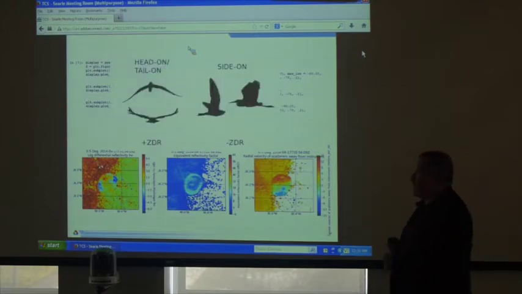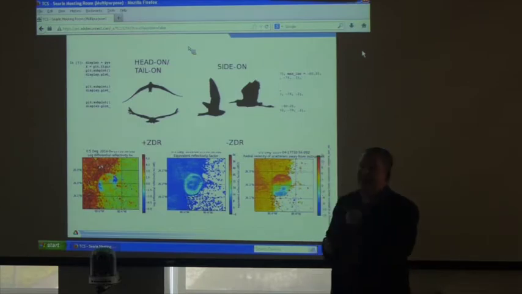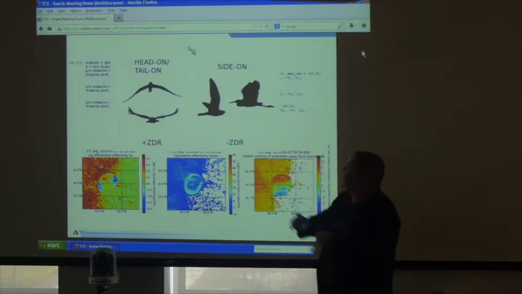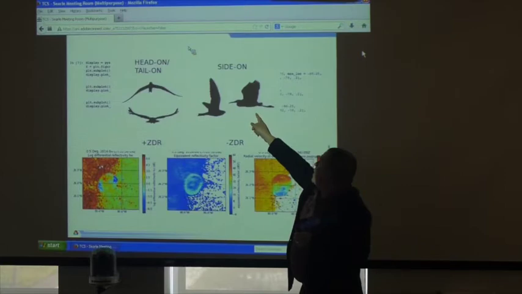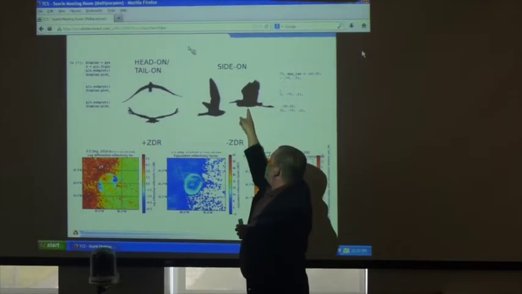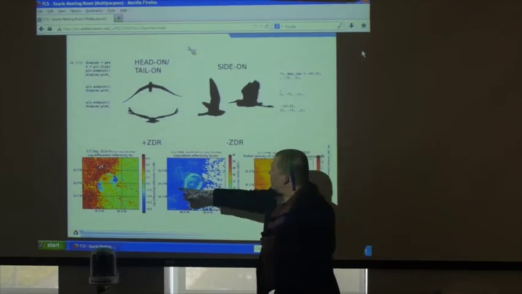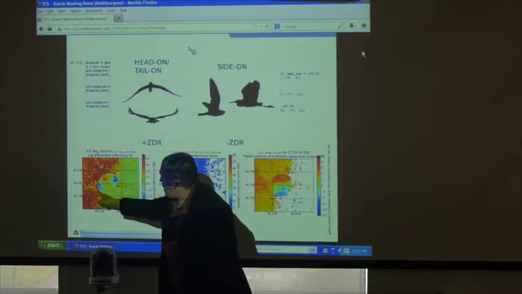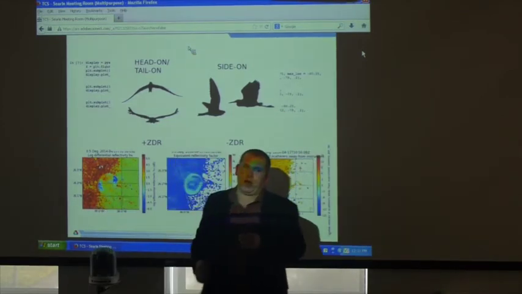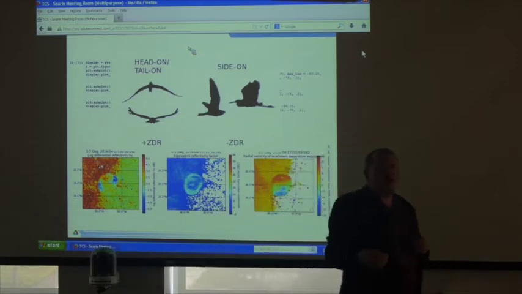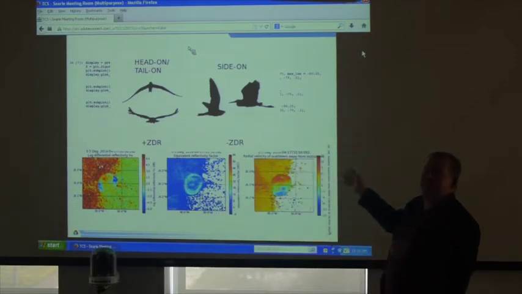Birds kind of look like this. Actually, I looked into this, and these are from the Everglades, so these are actually big birds. So this is a bird's side on. You can see here, they have a much larger axis ratio that way. And there's tail on there. So these give me my negative differential reflectivity when they're traveling that way, and positive when they're coming there. That's kind of a simplistic approach, because I said this is crowdsourced. I literally did this yesterday on Facebook.